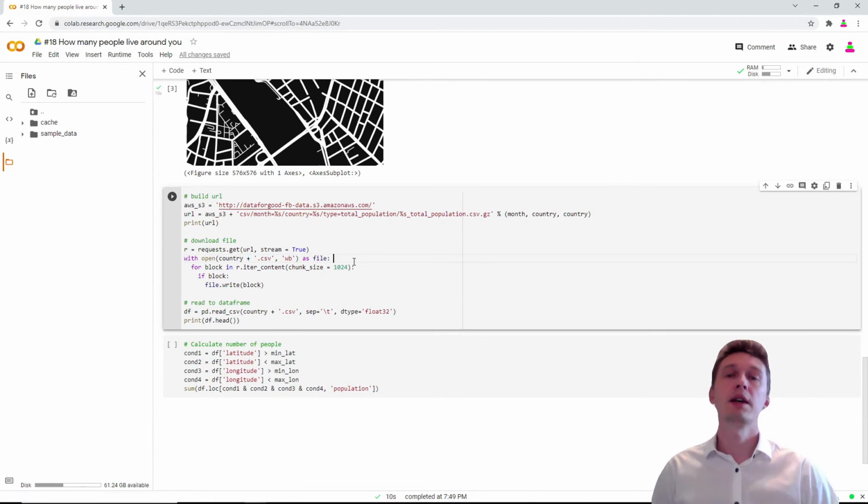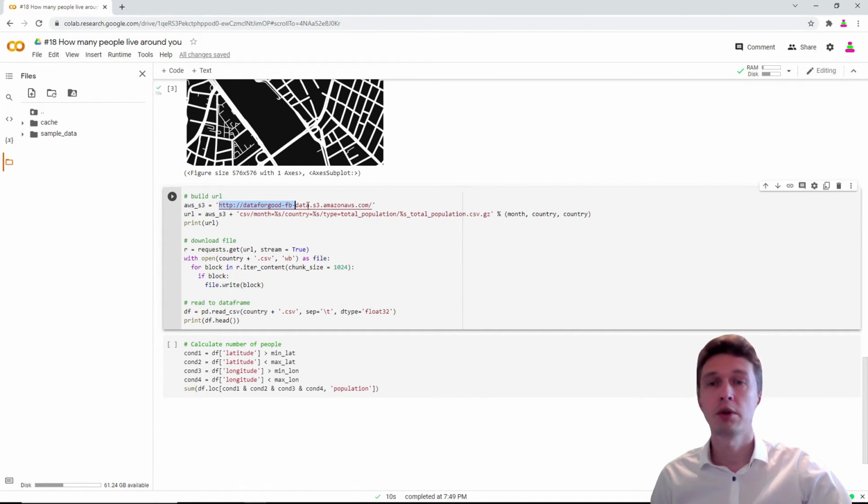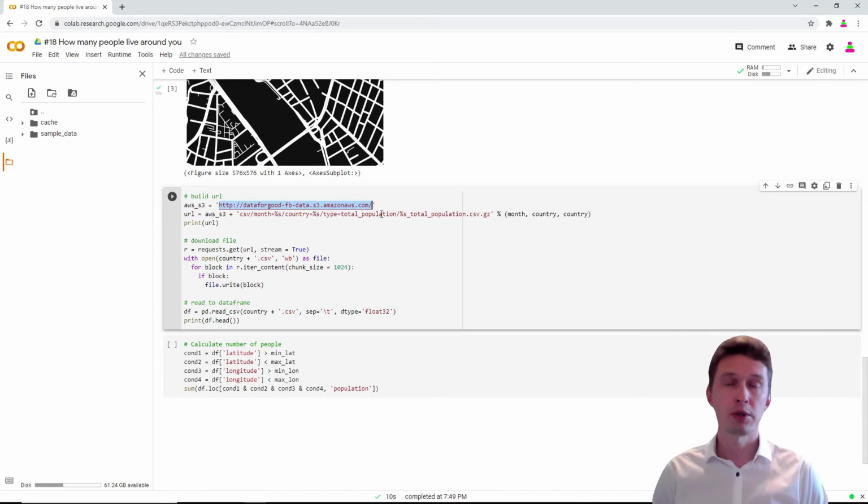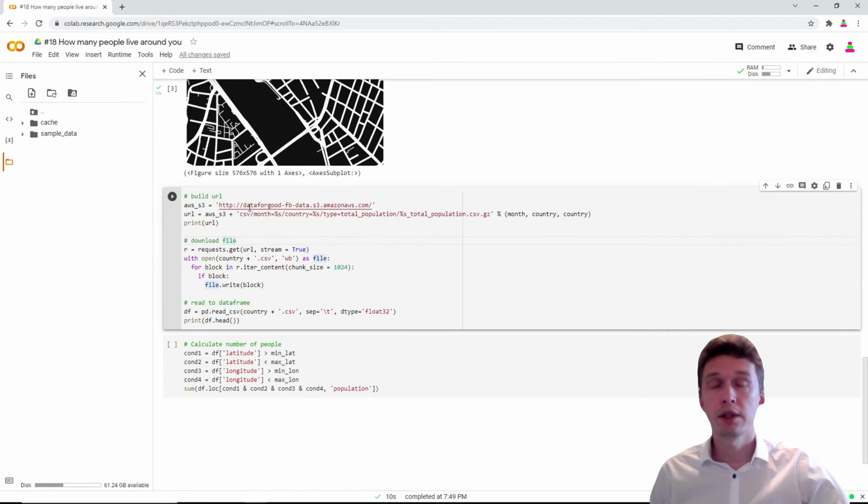And next we'll have to download the HRSL dataset for Hungary. It will be a CSV file. And there is the most recent URL of this Amazon Web Services S3 storage. If you follow this link, you will get to an XML descriptor, where you can look for these 3-letter abbreviations and names of files and what their month of update is. And we add to this name of the file the country abbreviation and month of update we just gave.